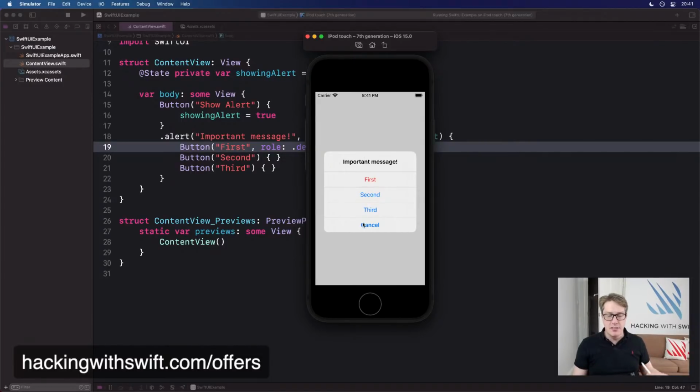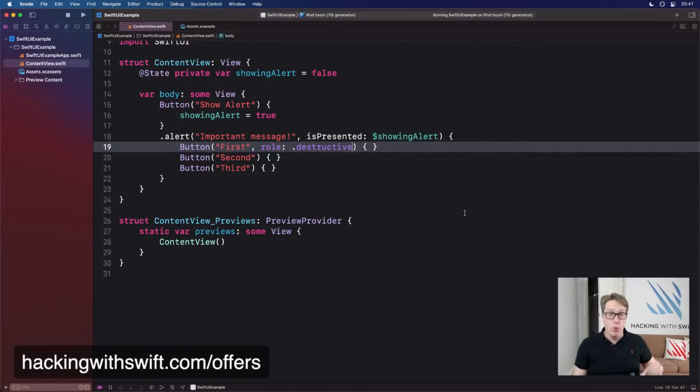The same kind of API rewrite has also come to action sheets, where they're now called confirmation dialogues. And this is great because, of course, macOS doesn't have action sheets. It has dialogues. And so we no longer say action sheet. Well, you still can if you want to have iOS 14 support, of course. But if you want iOS 15 support, then you want to use the new confirmation dialogues.